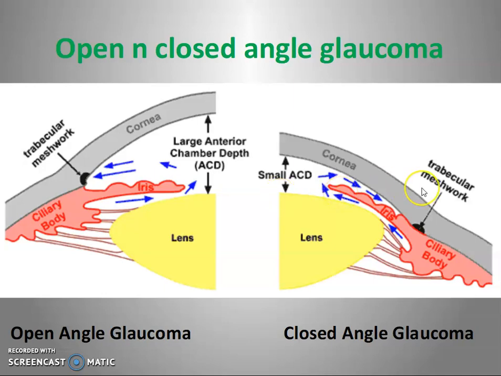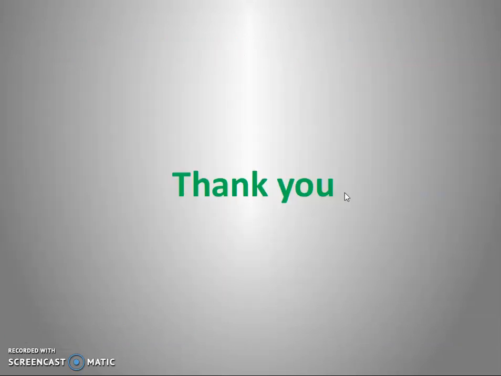And in the next state, due to some abnormality like lens dislocation or iris dislocation, the angle between iris and cornea gets minimized or closed, and due to that the aqueous humor cannot drain properly, and that's why there is rising of intraocular pressure, which can lead to a glaucomatous state, also called closed angle glaucoma. So here were some points,